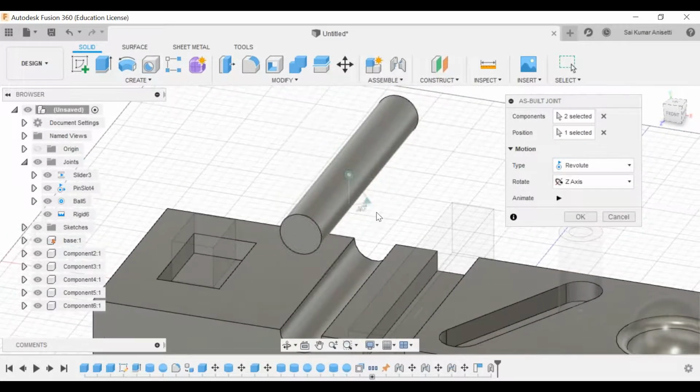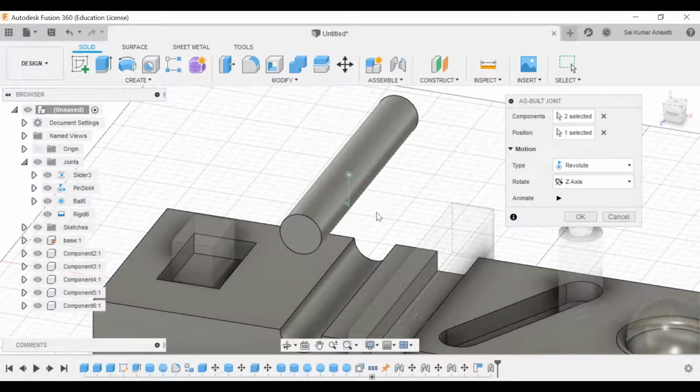Now, if someone asks, sir, how do I actually give the position and revolve that particular body there itself? This is what is called as-built joint. As-built joint takes the current position wherever you position your part. Wherever you position your component, there itself it creates your given assembly.